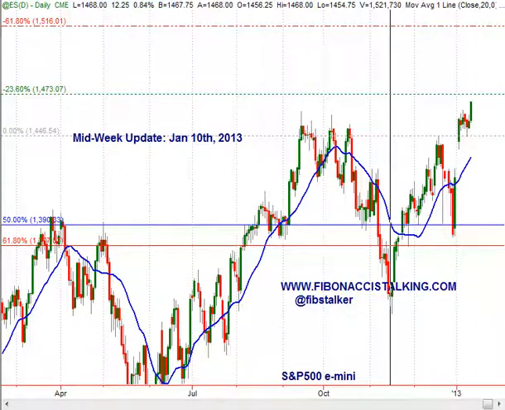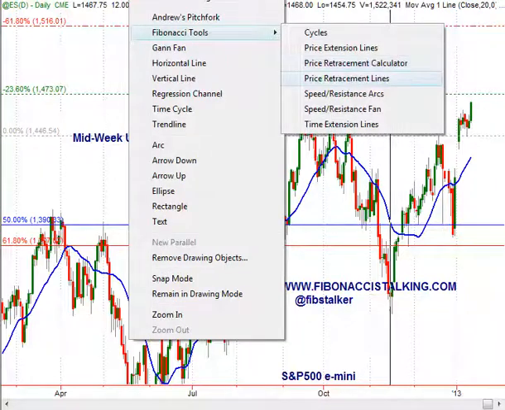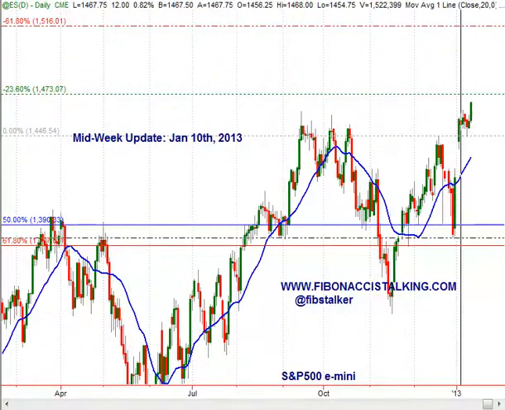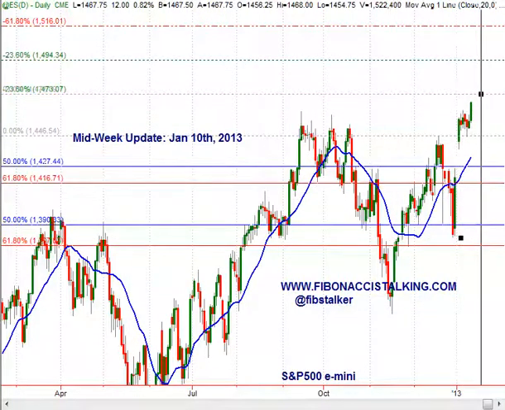In this case we are seeing a scenario 1 being played, and we could see price moving into 1473 before we get a larger retracement. And this retracement could bring price into